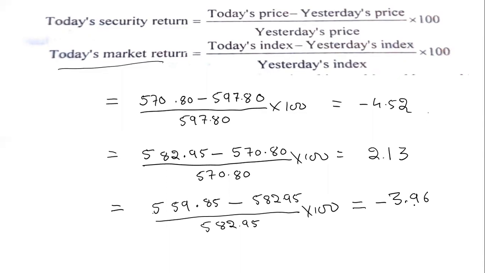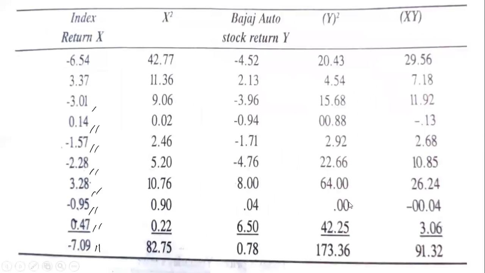Okay, so we will continue. If we calculate it for all the stocks, we will get the values in this column, which represents the stock return: minus 4.52, 2.13, minus 3.96, minus 0.94, and minus 1.71. Continuing the calculation, we will get all the values. Now, after calculating the stock return X and the index return Y,